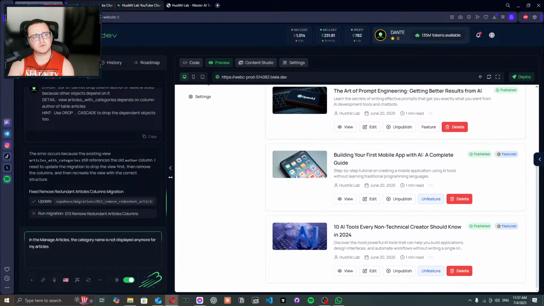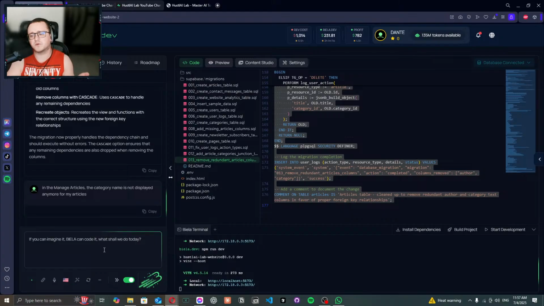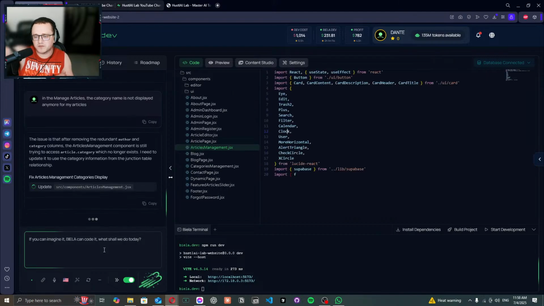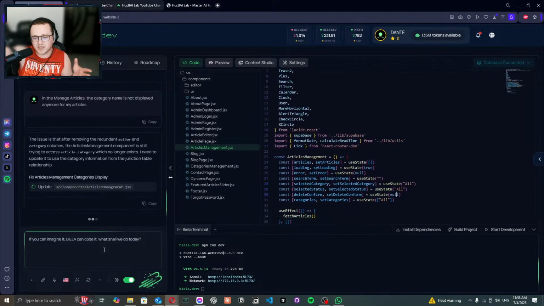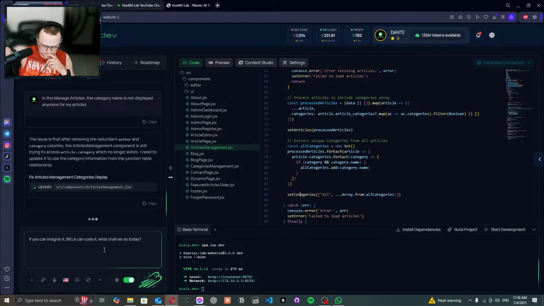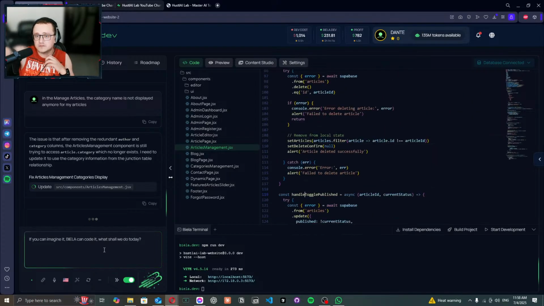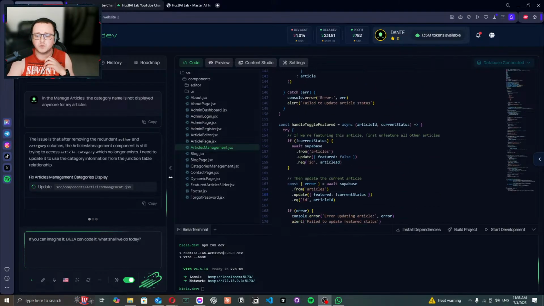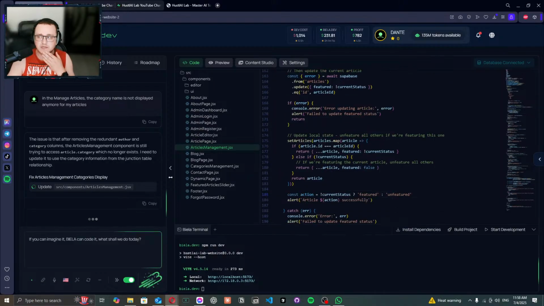And let's also update. Actually no, let's do the category names first, and then let's update the author too afterwards, because there are two tasks. I could check both of them because I think they're not that complicated, or at least this one with the categories, it's not that complicated, but it might be problematic later on, right? So yeah,